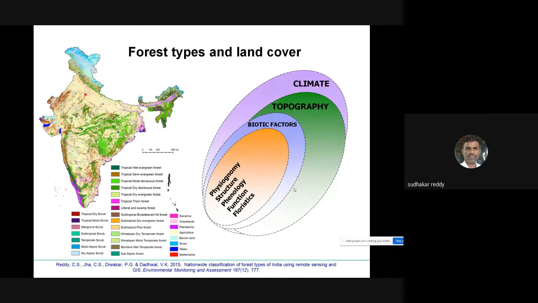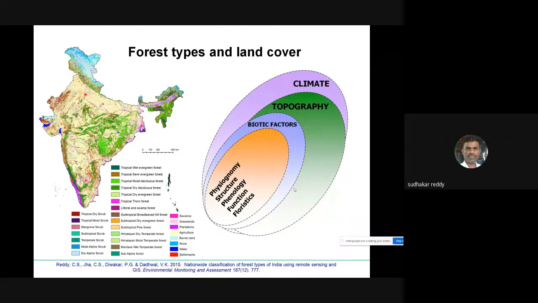Whereas the evergreen forest is mostly found in Western Ghats, Northeast India, and Andaman and Nicobar Islands. And actually it covers only less than 2% of the forest cover of India, but represents more than 70% of the endemic plant species. So this kind of